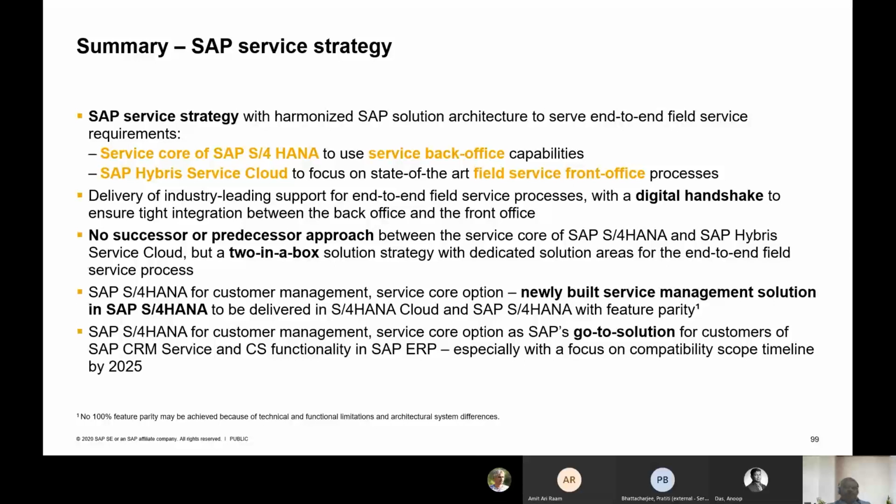It delivers industry leading, end-to-end field services, with a tight integration, what we call a digital handshake, ensuring that the activities performed are also getting updated on the backend system. So that's how the system is newly built to manage the customer management or the service management solution in S/4HANA. Yeah. So moving on.